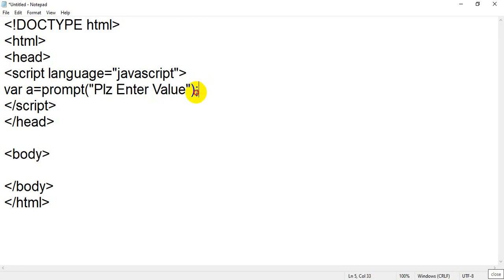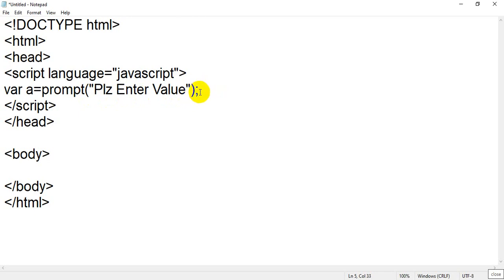Student, semicolon in JavaScript is optional. What is the meaning of semicolon in JavaScript? It shows that it's the end of the statement, not the line. Even after a equals prompt please enter value, you can write var b on the same line, but it's not good practice.